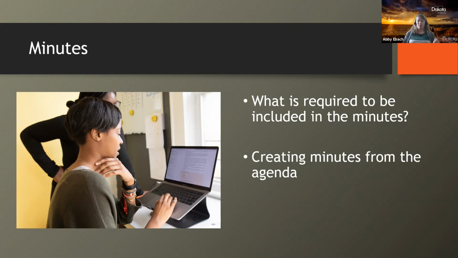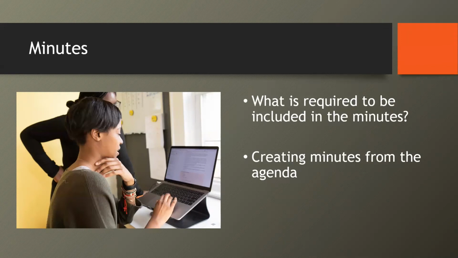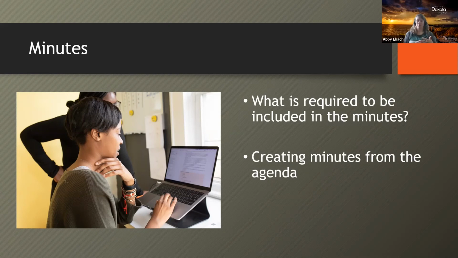According to Century Code 44-04-18, minutes at a minimum need to include the names of all members attending the meeting, the location, the date and time the meeting was called to order, and then the time it was adjourned. It should have the topics discussed that regard public business, a description of each motion made at the meeting, whether it was seconded, the results of every vote, and the vote of each member on every roll call vote.